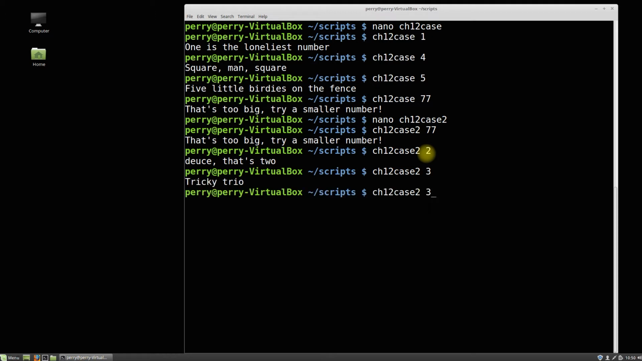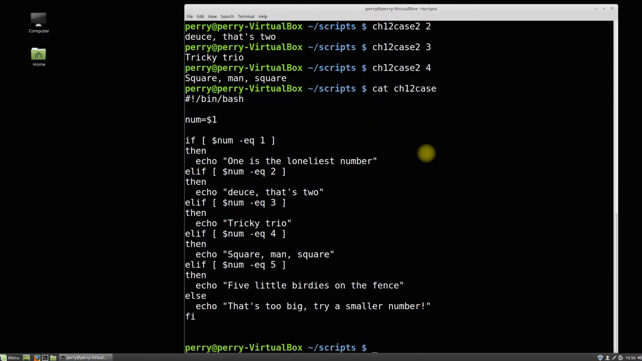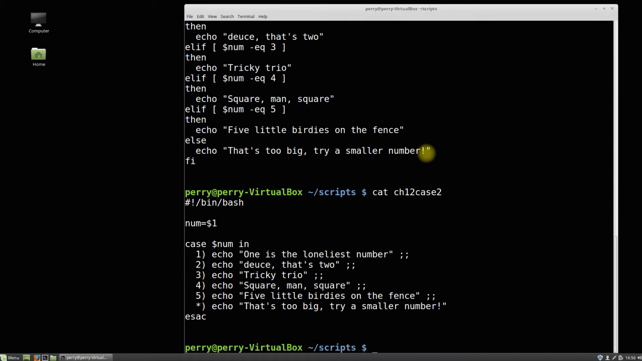And 3 and 4. Okay, so it works exactly the same way. So again, what's the advantage here? Well, the advantage here is that's how long that one is, and that's how long that one is. Which one do you like better? Well, you know, the case statement is very handy, right? So this is a good one to know and to use to make your code a little bit more concise